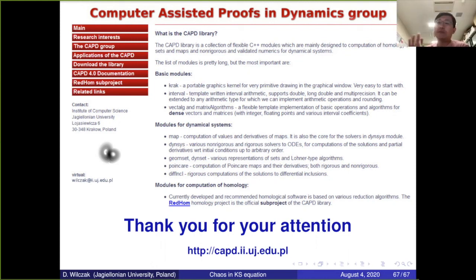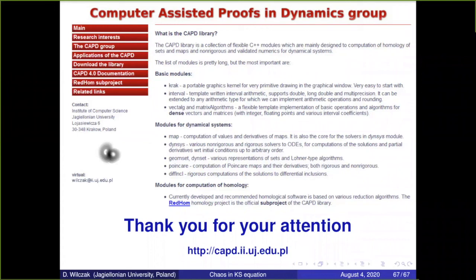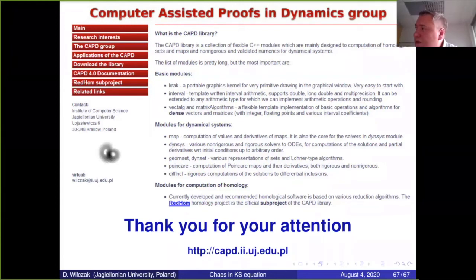So Gandhi is just a virtual machine. We customize some image, and later any other people can start a new machine with the customized computing environment, for example, with the CAPD inside. And well, I didn't get the question actually. Sorry. Sorry for my speakers. I can't hear you actually.